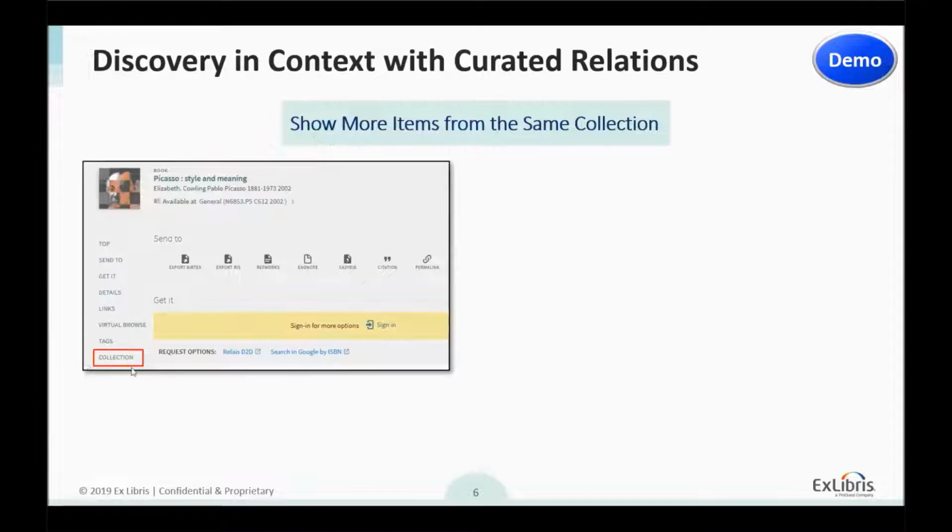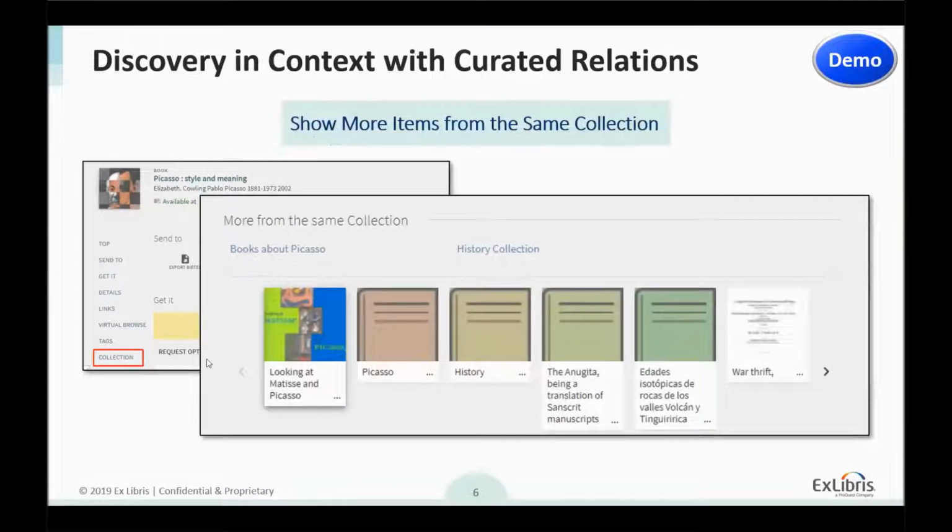Of course, this service can be renamed. And once clicking on that, it will be able to drill down and to see more from the same collection. So we are exposing more items from the same collection. So if this item, the Picasso style and meaning, is associated with a collection of books about Picasso and history collection, we are blending here items that are related for both and help the user very easily to navigate it